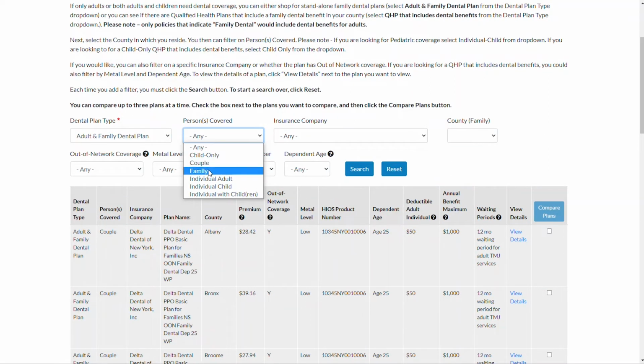Next, select the persons covered and the county in which you reside. If you would like, you can also filter for specific insurance companies if the plan has out-of-network coverage, metal level, and dependent age. Keep in mind, you will need to click search again every time you add a new filter